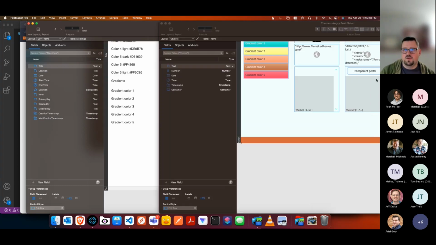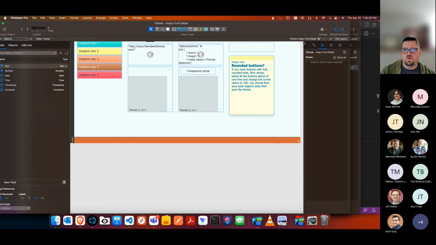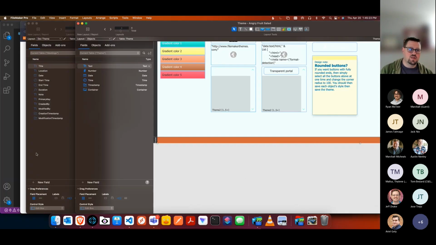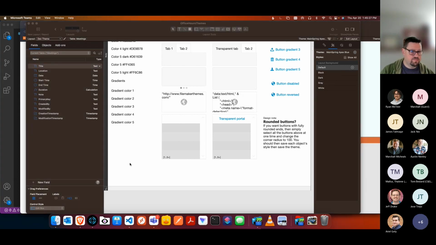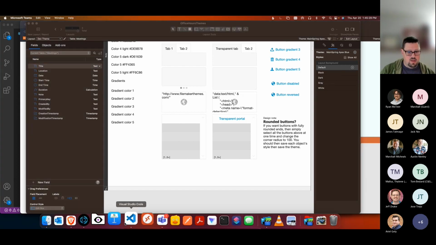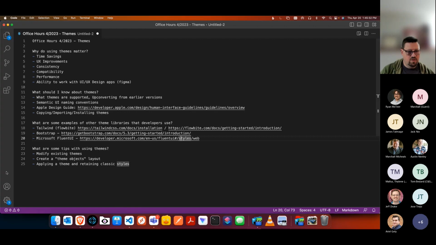So the other thing I could do would be to import one of these themes and then copy and paste it over, and then all of the styles would exist. All right. So wrapping up,